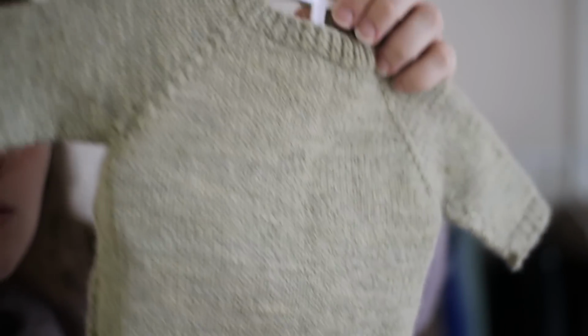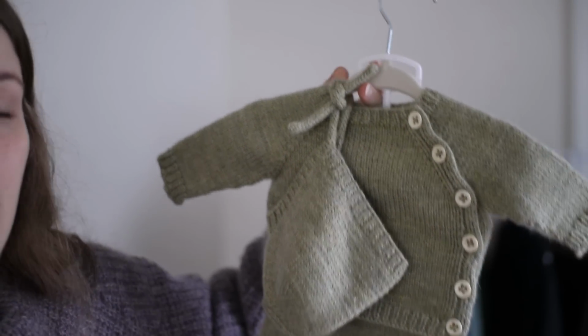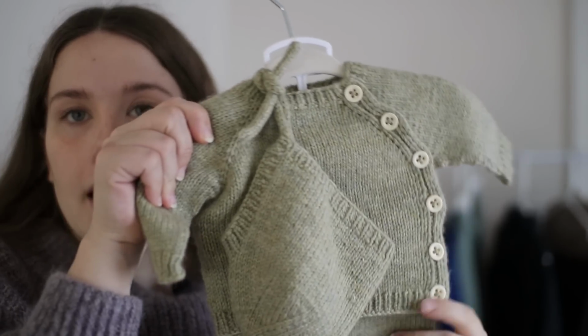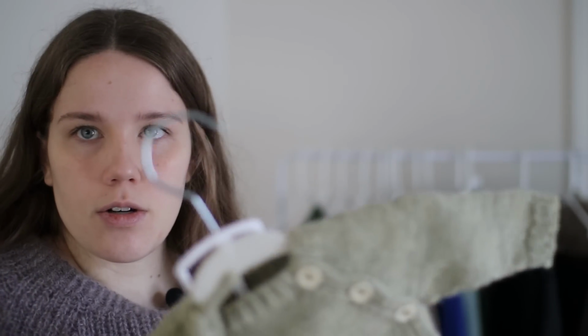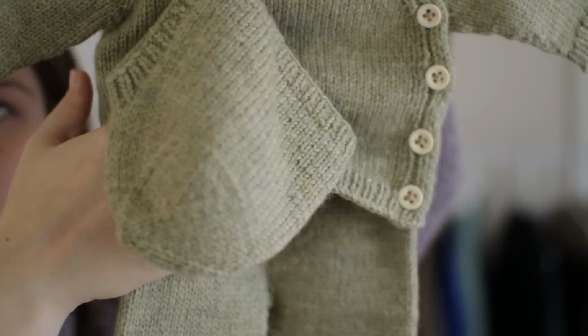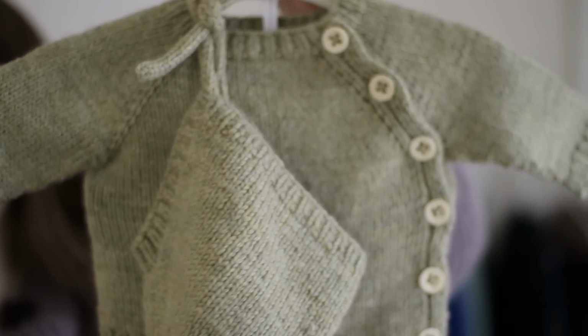I bought the yarn for this before I knew if we were having a boy or a girl, just because I thought it was a good color for either. And as you can tell, I knit a lot of green things this year, so it fit right in. But I'm really happy with it. The yarn is so soft. It's 100% merino. I think it's great. I mean, it's not superwash, so that's maybe not great for a baby, but softness level is great for a baby. And I just think the little pants are so cute, and the cardigan